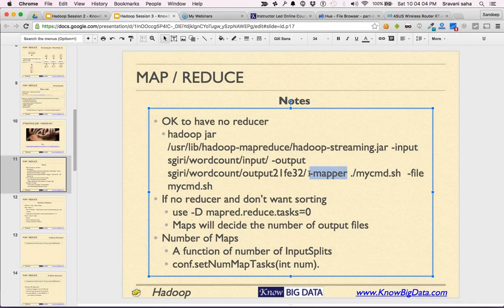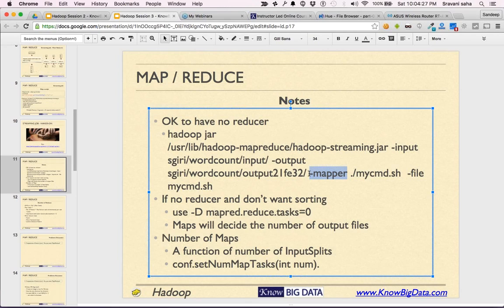Let's say you have a file of size 1024, with a block size of 128. How many blocks are there? 1024 is 8 times 128, right?